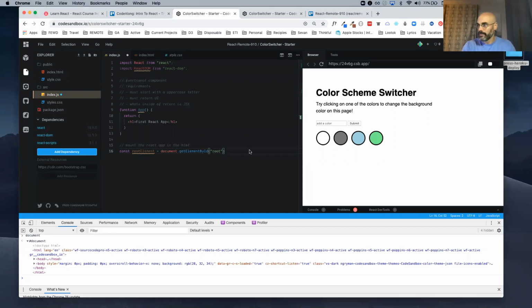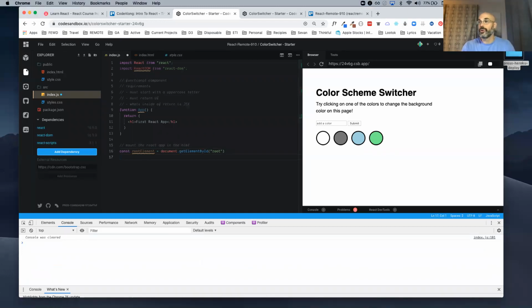And now we are going to use the other library. Now I mentioned that React is meant to deal with the components. That's really what it does. And ReactDOM is to deal with mounting it and controlling the virtual DOM. So I'm going to say ReactDOM.render.